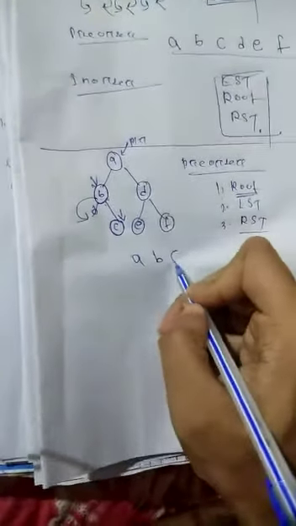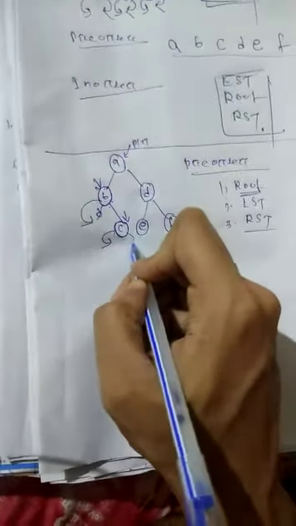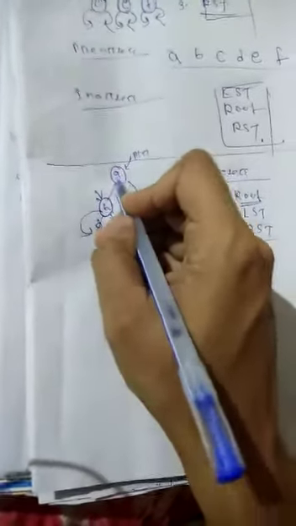What is the right subtree? The right subtree is c. Now ptr is here, so first you have to print it, c will be printed. Next you go to the left subtree, no left subtree, no right subtree, so it returns to c, then returns to b, then returns to a. For a, the first step, print, is done, the left subtree is done, then go to the right subtree.